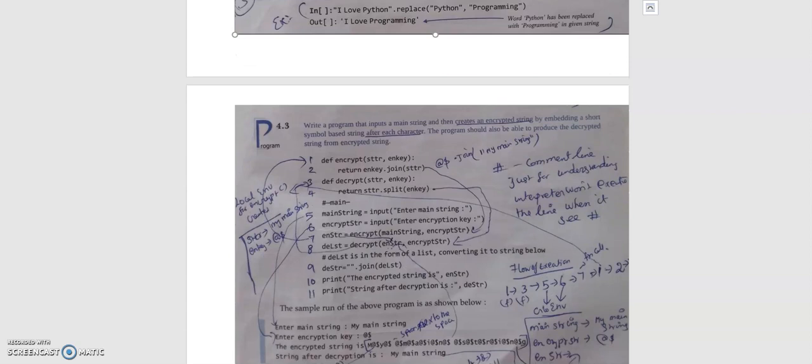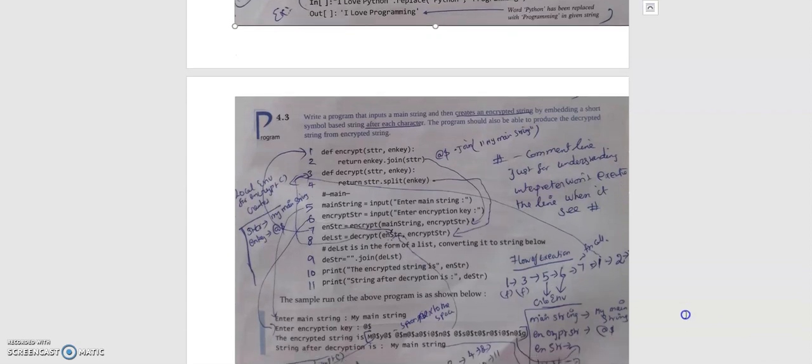Then the third program is that you have to do the encryption and decryption based on the given character. In this case, how does the program flow execute? First it will read the first line. It is a function, so it will go to the third line, after the indentation. So here it will read the third line. After reading the def and colon, the function header, it will treat it as a function. So it will go to the fifth line.